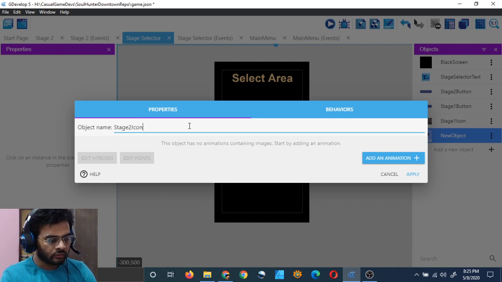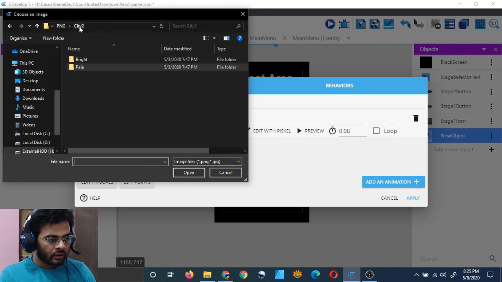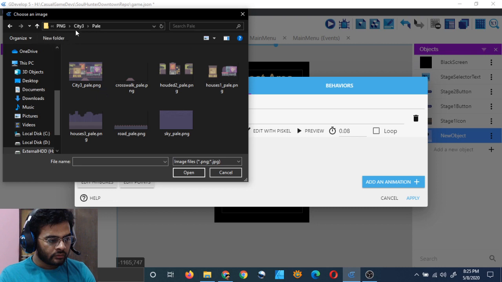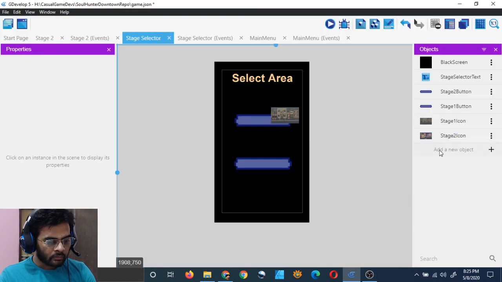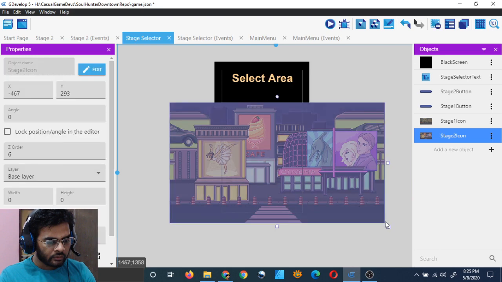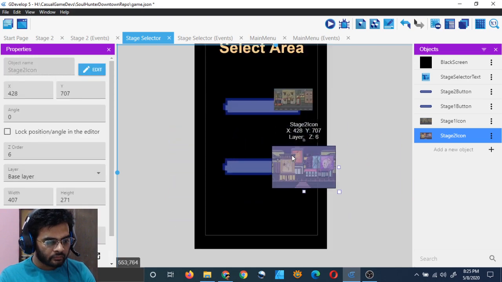Stage 2 icon. Add an animation default. Click on add, and then for stage 2 I have used this one, stage 3, and this is the pre-assembled image. Just use it, open it, and click on apply and then drag it here and then resize it and then pick the size of this one.